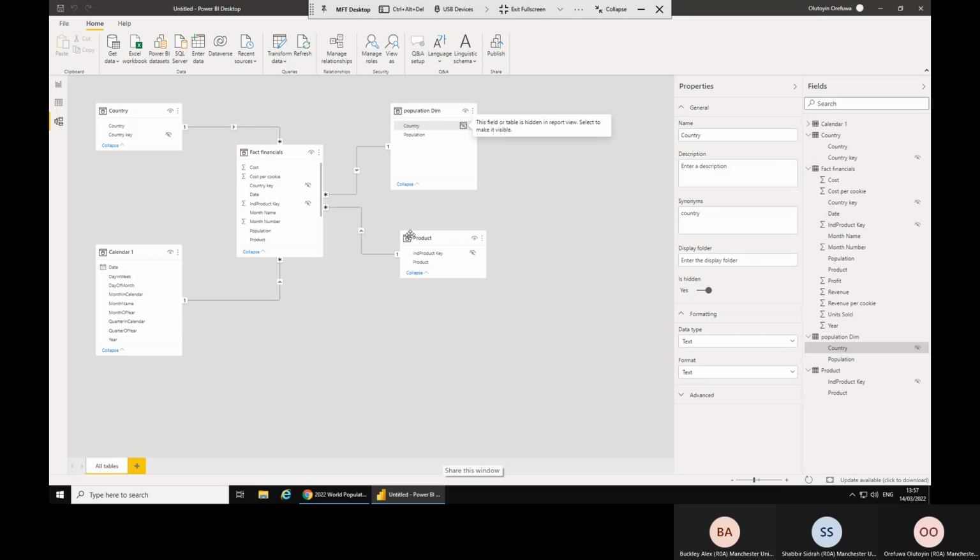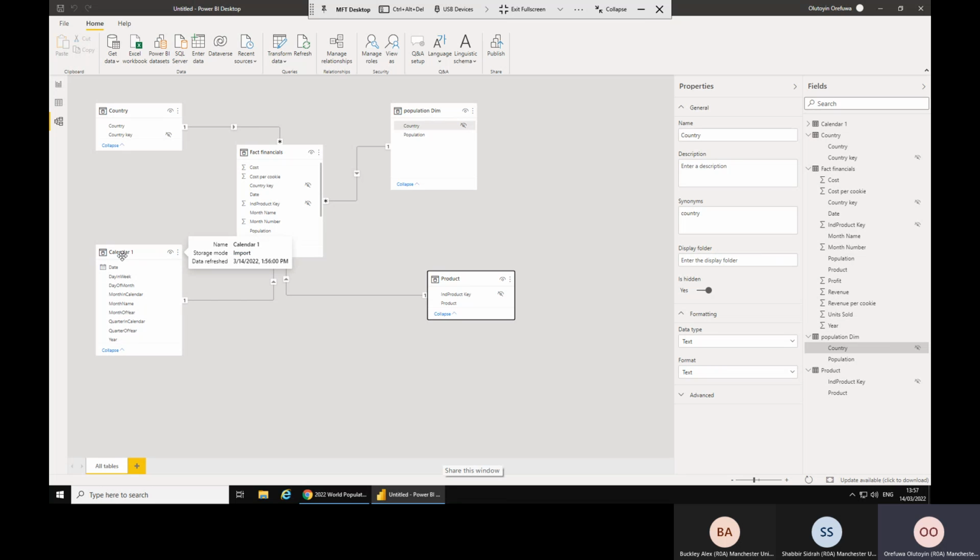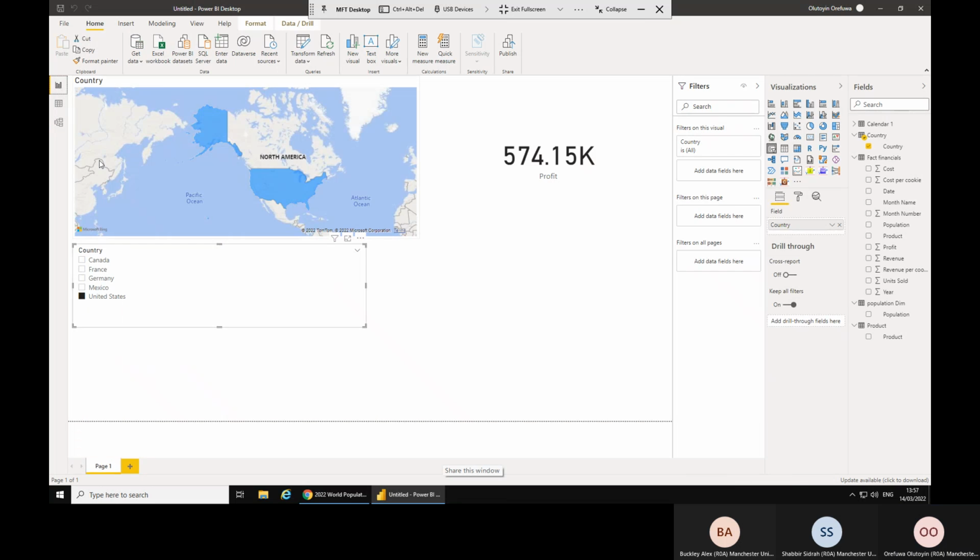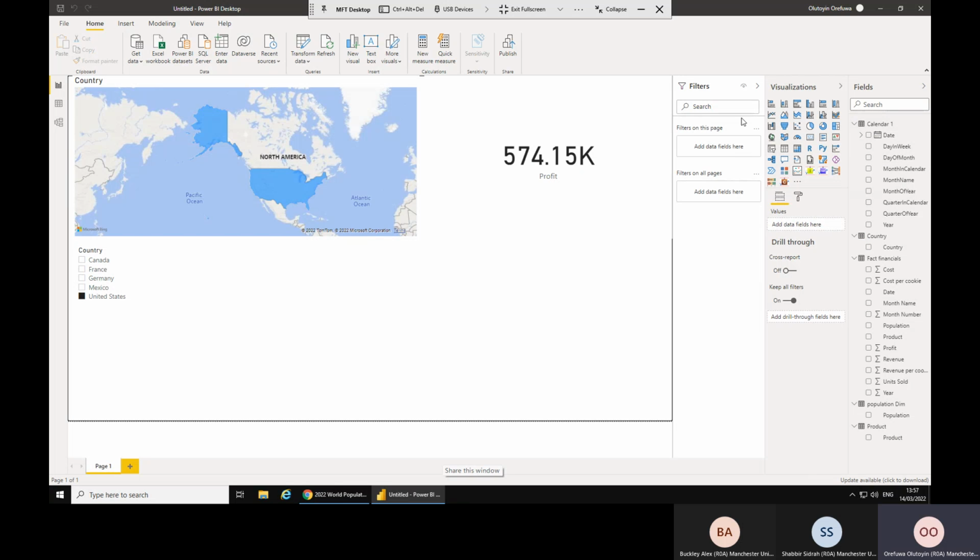Okay. So we have a perfect star schema. We have a date calendar, which is like a role-playing table. So that's that timekeeper or a date keeper, for example. Right? And we can now use a calendar here to dissect our data. So